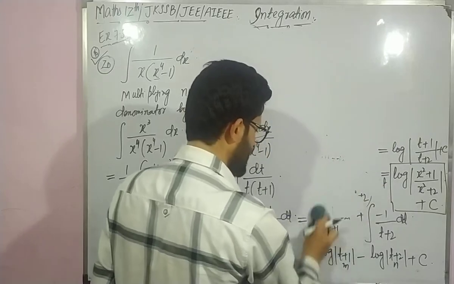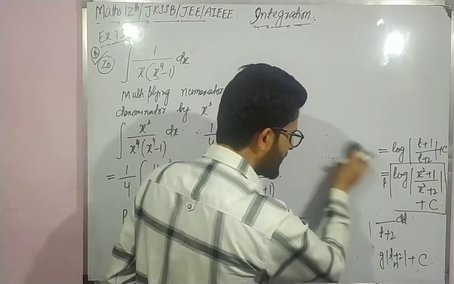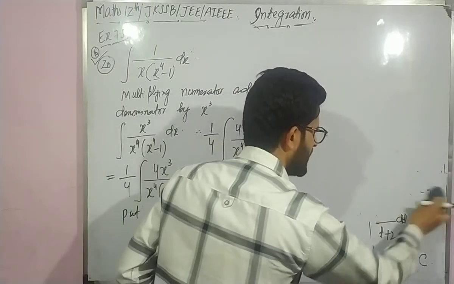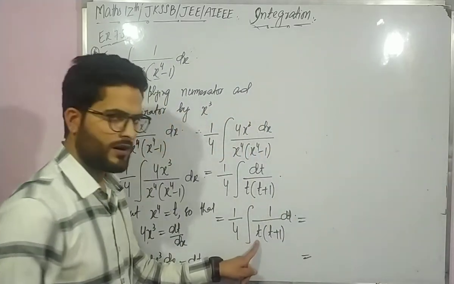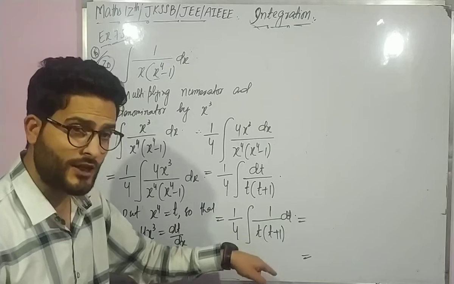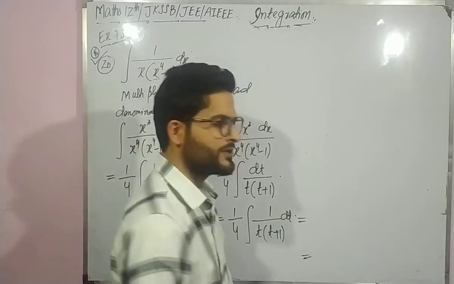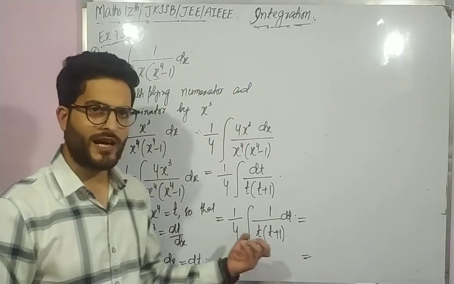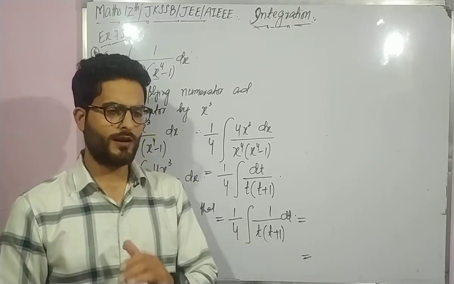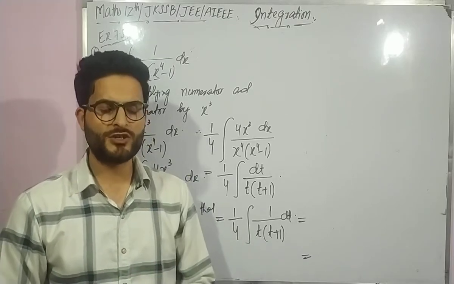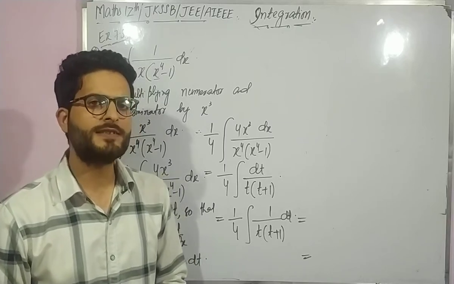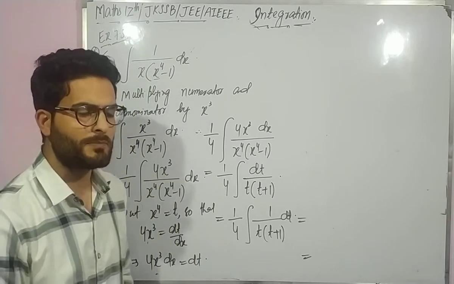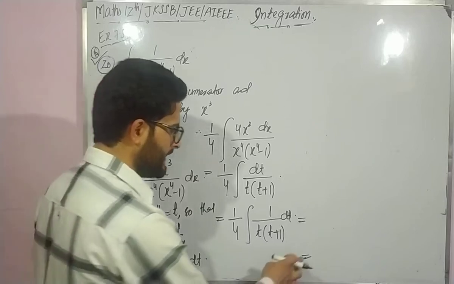Now by applying the substitution method, the given question, which was a bit complex, has been reduced to a simple integral, a simple proper rational function in which the denominator contains two factors. One is t, or this can be represented as t minus 0, and another one is t plus 1. So obviously both are linear, and in the denominator, in case of a proper rational function, when we have two linear factors, then that can be expressed as a divided by the first linear factor plus b divided by the second linear factor.